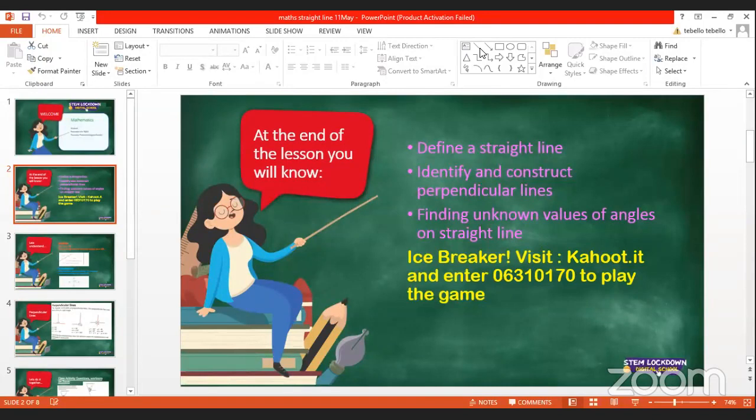Okay, our last question, we had an equation. Our equation was 57 plus 76 degrees plus x equals 180 degrees. So our answer for this one will be 47, right, guys? I hope we are getting the hang of it now. And if you can't access the game now, you can do it later, please, guys.